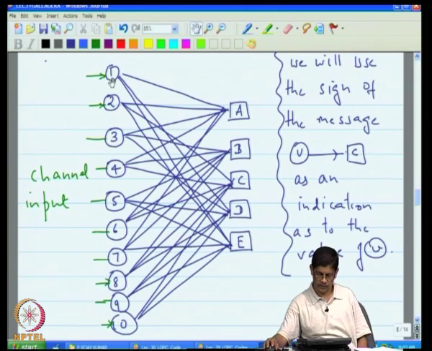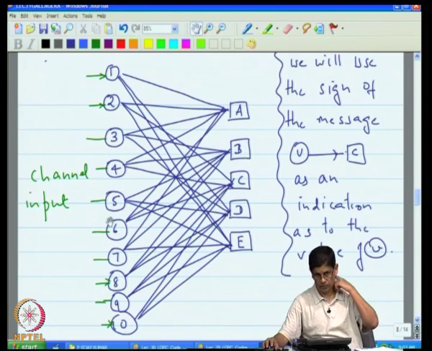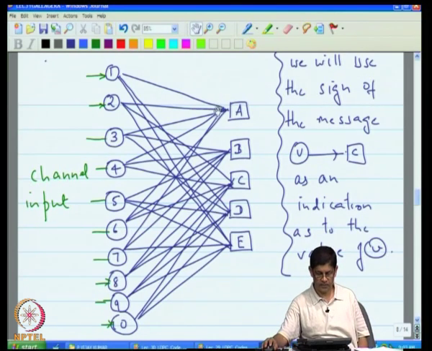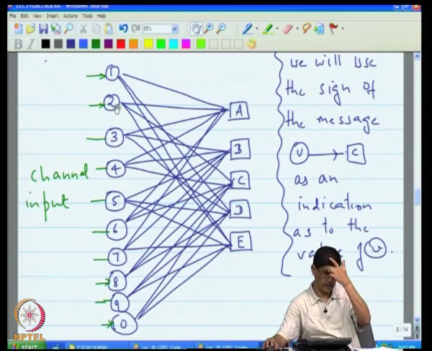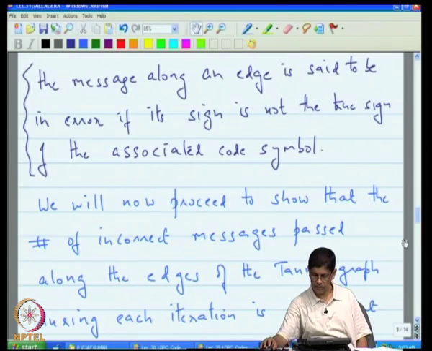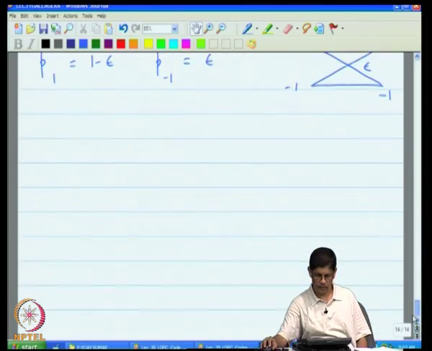So, the probability mass function of the initial message is the same for all inputs. By symmetry, because every node on the left has the same degree and every node on the right has the same degree, the probability mass function associated with the message during an iteration does not depend upon the particular edge. It only depends upon the iteration and the direction in which the messages are going: are the messages going from variable to check node or vice versa? Keeping this in mind,